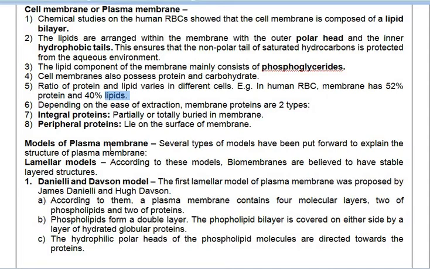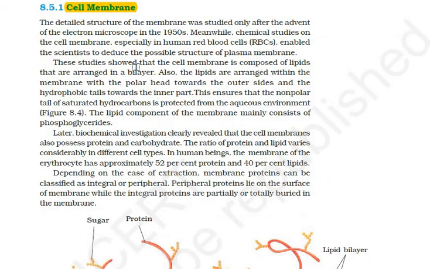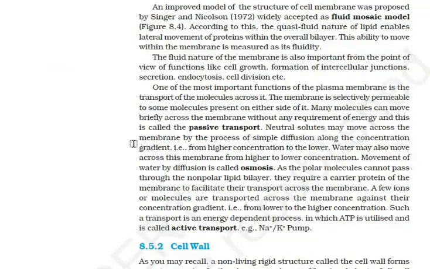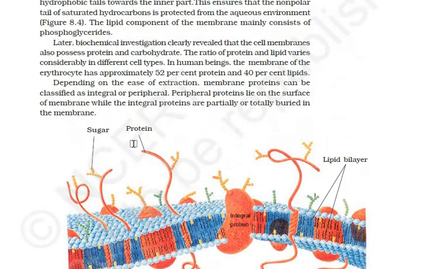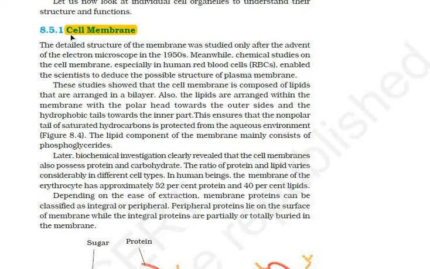Before I start with the models of the plasma membrane, let me tell you a little bit about the cell membrane. Before I discuss in detail, I feel you should read the NCERT and know what is mentioned in NCERT related to the cell membrane. So let's read, and then based on that we will discuss the cell membrane in detail. The detailed structure of the membrane was studied only after the advent of the electron microscope